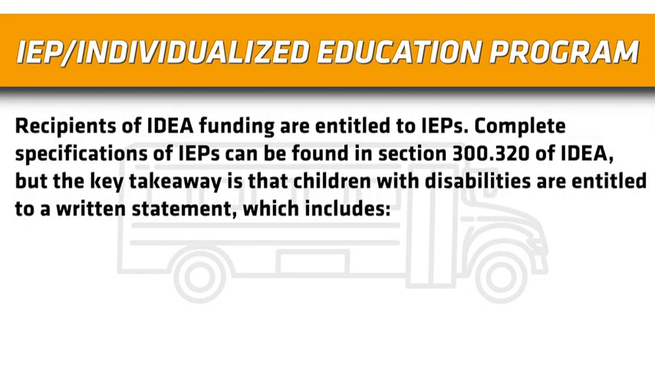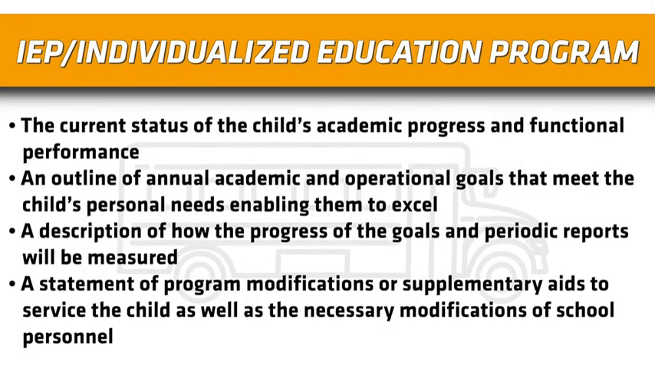IEP stands for Individualized Education Program. Recipients of IDEA funding are entitled to IEPs. Complete specifications of IEPs can be found in Section 300.320 of IDEA. But the key takeaway is that children with disabilities are entitled to a written statement, which includes the current status of the child's academic progress and functional performance, an outline of annual academic and operational goals that meet the child's personal needs, enabling them to succeed, a description of how the progress of the goals and periodic reports will be measured,